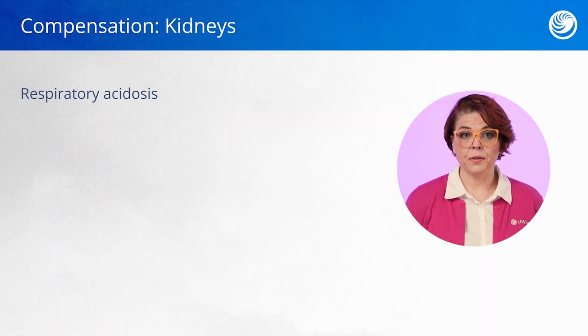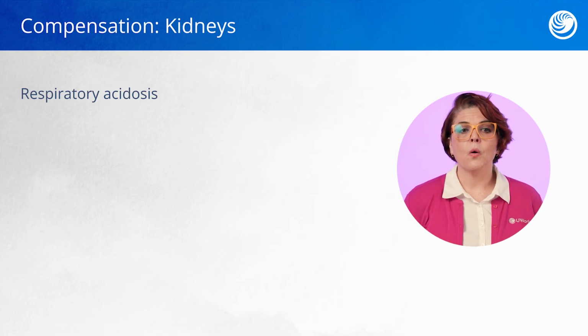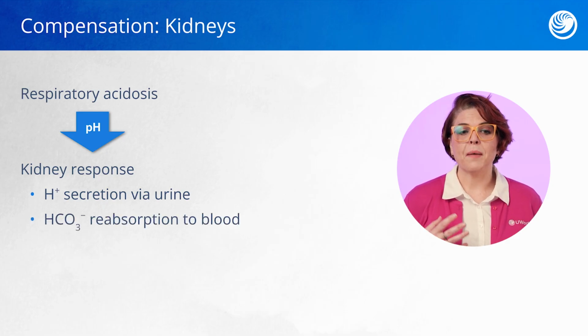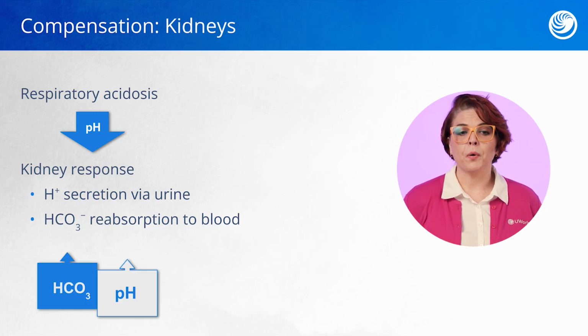Let's talk about compensation of respiratory acidosis or alkalosis. Now remember, our two organs involved in acid-base balance, lungs versus kidneys. So in respiratory acidosis, remember we're breathing slow, we're hypoventilated, that pH is kicked down. Our kidneys are going to respond by secreting more H+ in the urine. And they're also going to reabsorb bicarb, which is that base. As our body becomes more base, this is going to pull up our pH into the normal range of 7.35